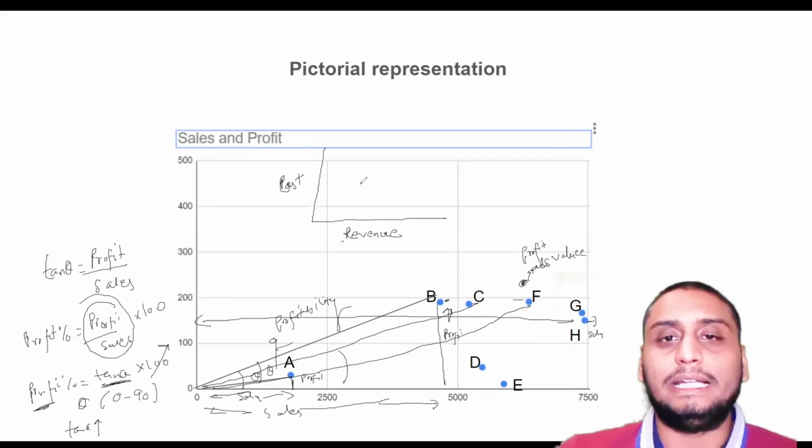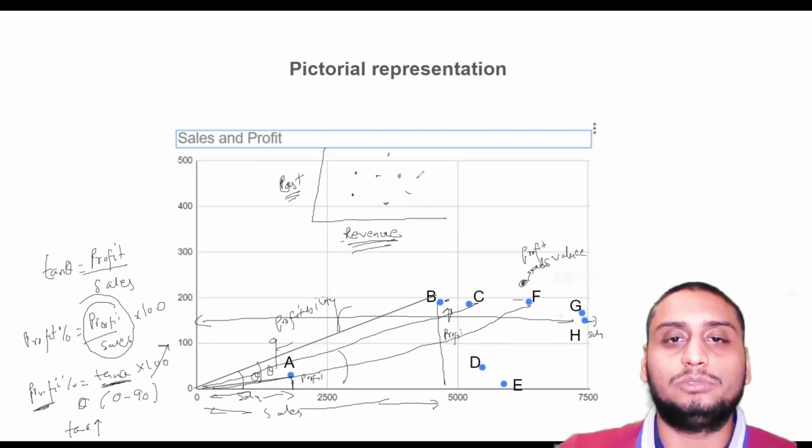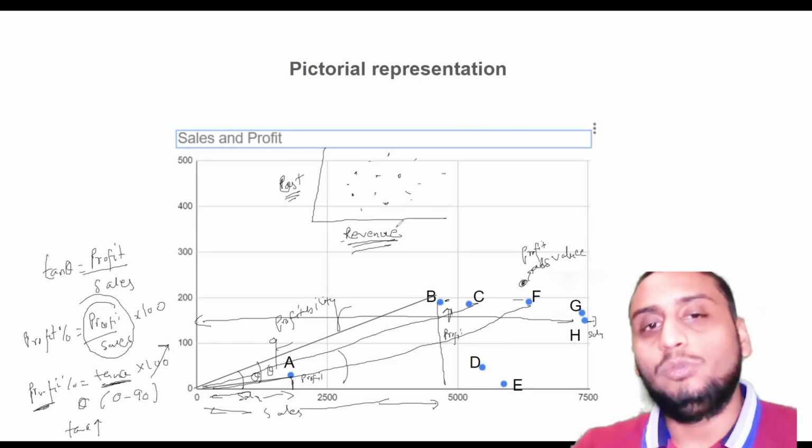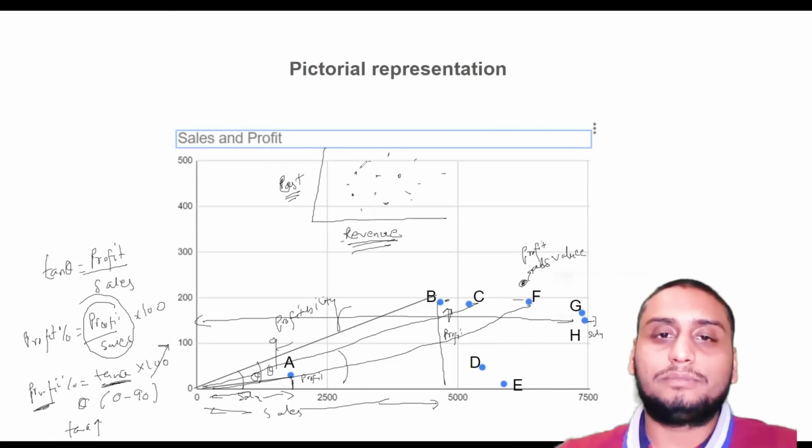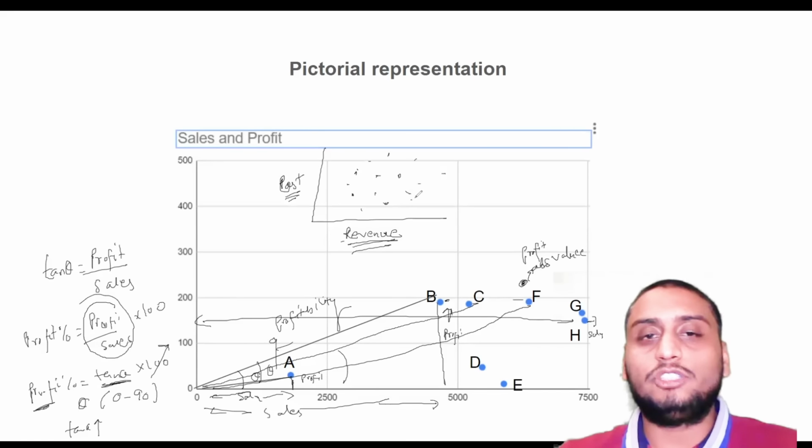If I say that there are multiple companies that lie on this, it says how much you have spent and how much the customers paid you. So let's say if there are a lot of companies here, can I know which of the companies made a profit and which of the companies